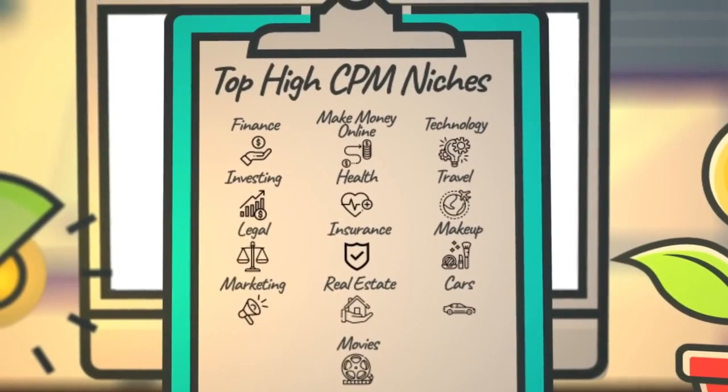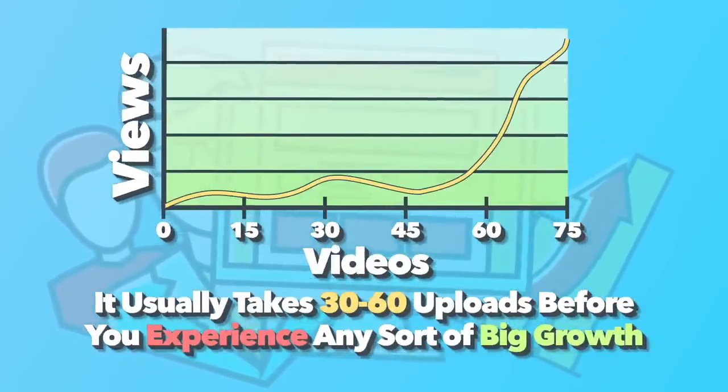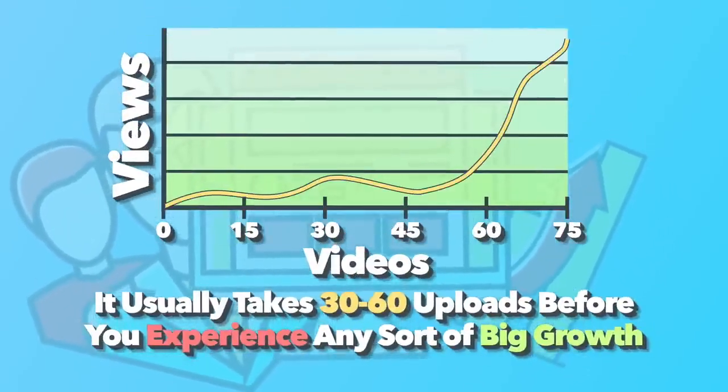And what I really recommend is choosing niches that you have somewhat of an interest in so you don't just quit when things get hard and you upload 10, 30 videos and don't see a ton of traction. It usually takes 30 to 60 videos and building up a sizable backlog before you experience any sort of big growth on YouTube. But with that being said, it's well worth it when you do experience that growth. And I also recommend thinking about affiliate opportunities, and also if you could sell something, like your own course or something else that would make you even more money from your channel.